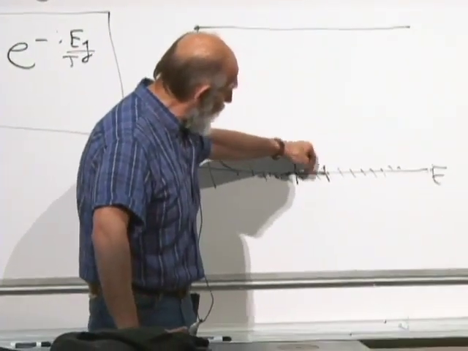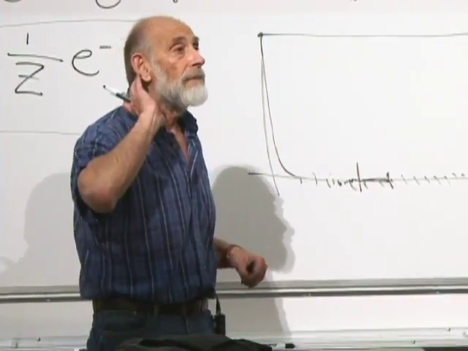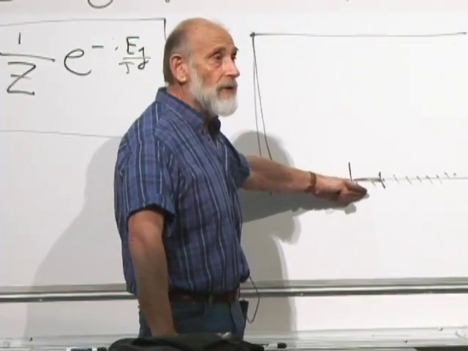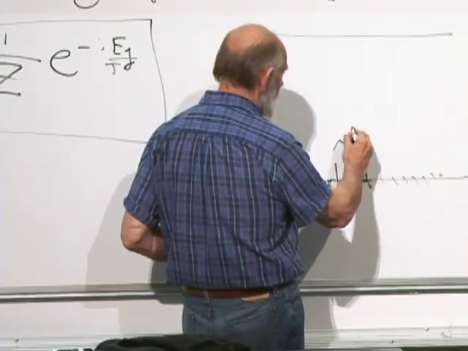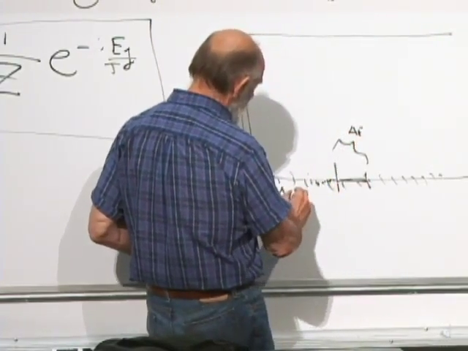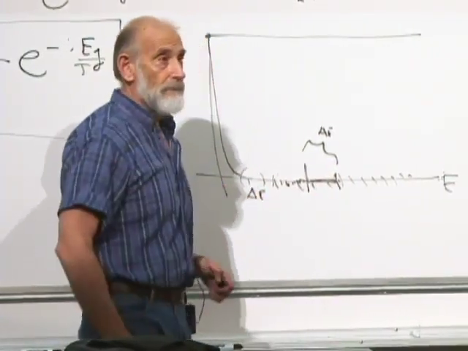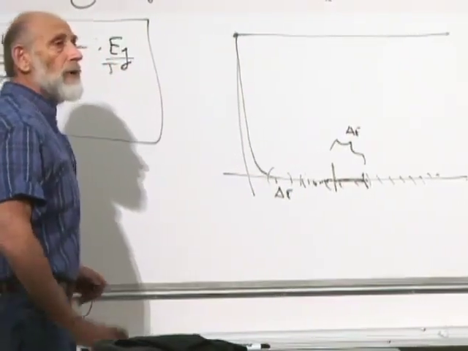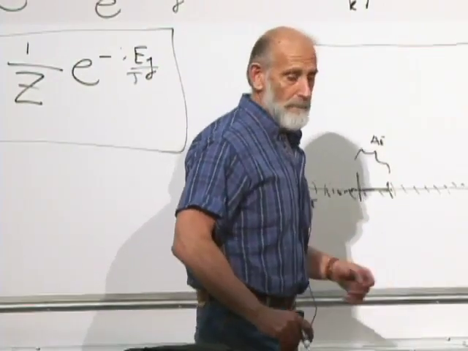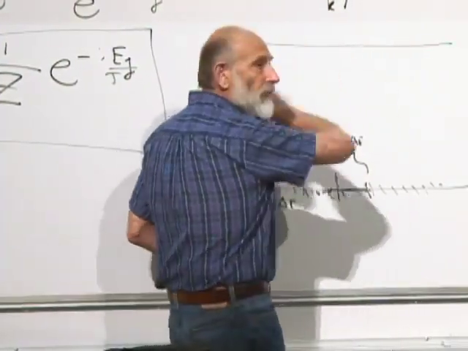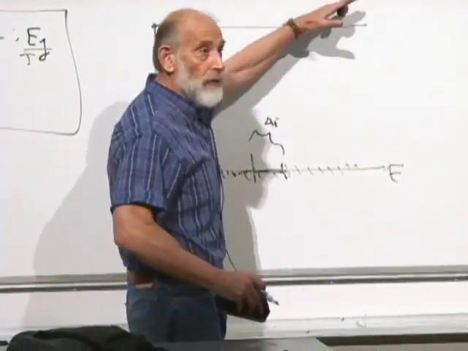And that narrow bin gets more and more states. You understand what I'm saying? There are more states within a given range of energy. Let's say within a given range of energy, delta E over here, and delta E over here. There are just many, many more states here than there are here. So the curves then come up. It depends on what you're plotting. If you're plotting the probability for the ith state, then it's just flat. But if you're calculating the probability for a given energy, then it's tilted up.